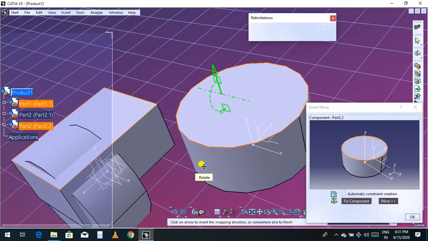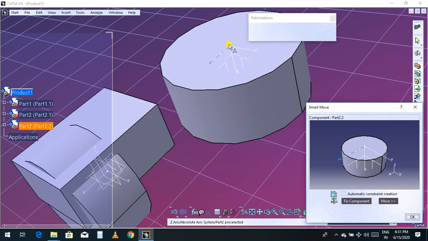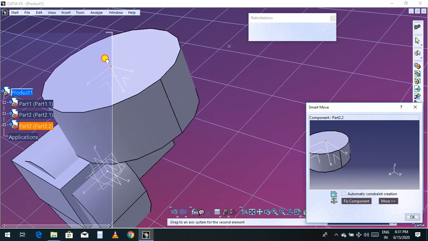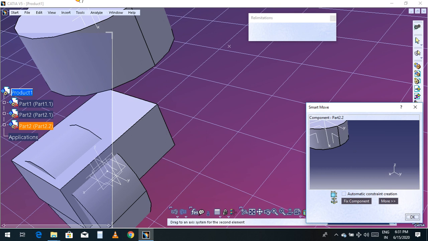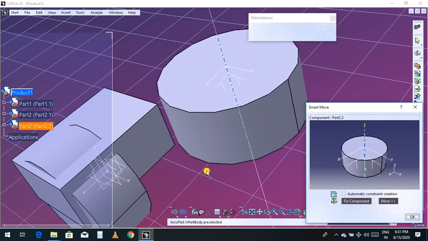Now it will adjust, and you can move your part, and you can shift it anywhere whenever you want to shift your part. So that is the difference between existing component and existing component with position.